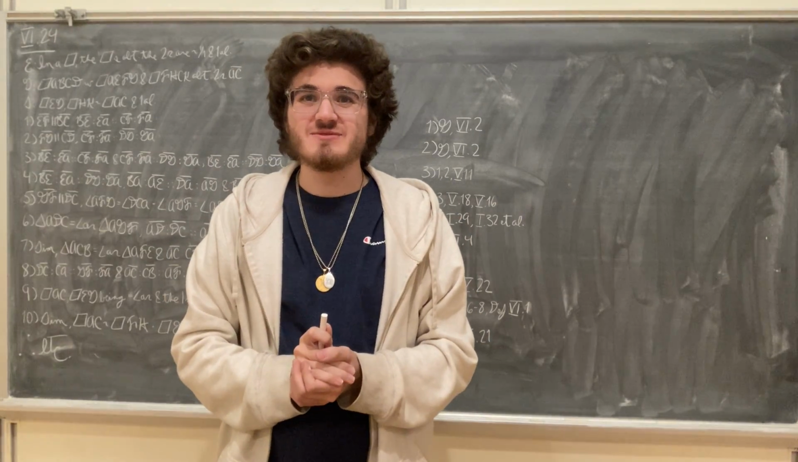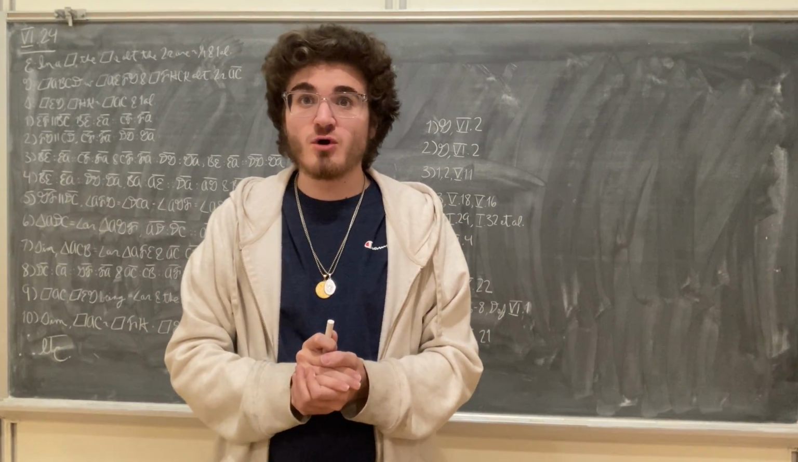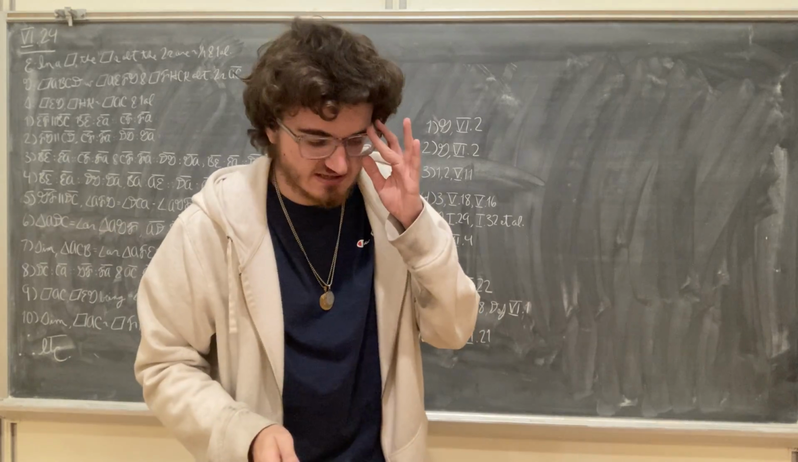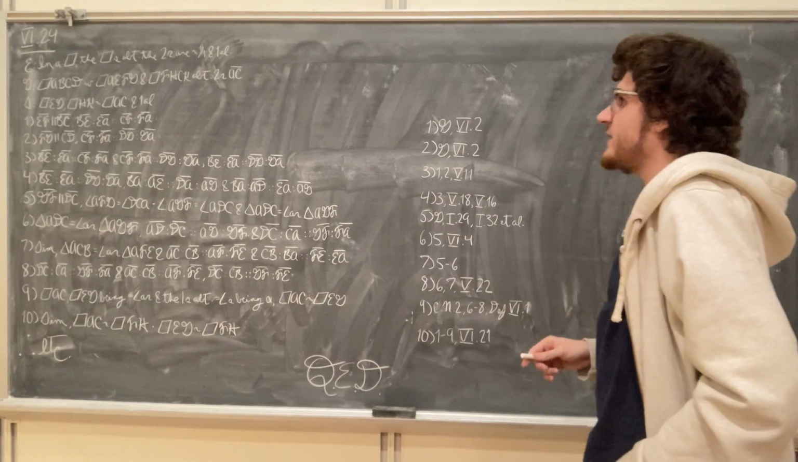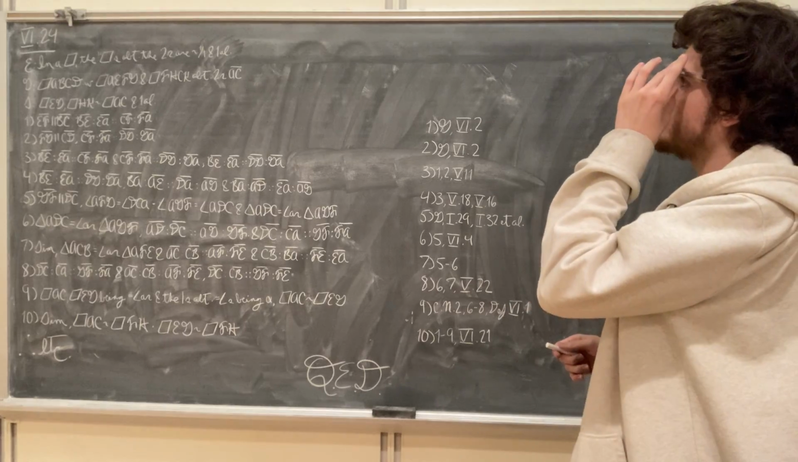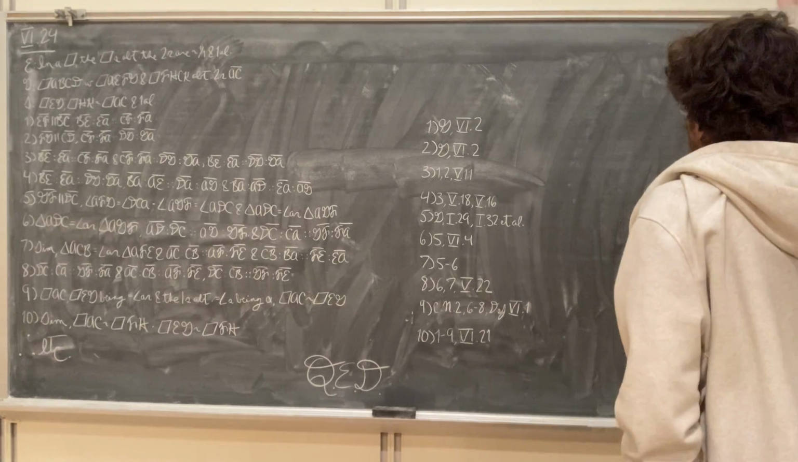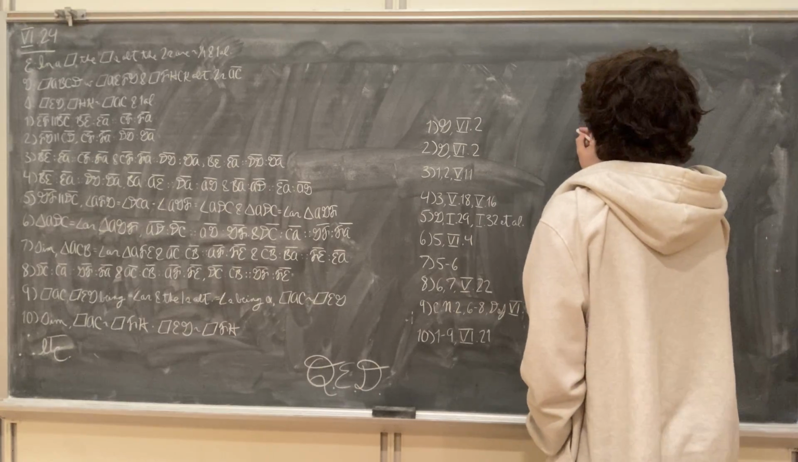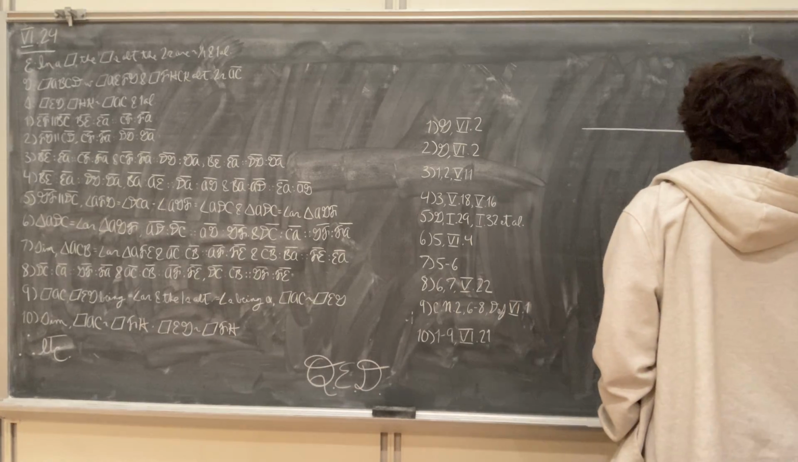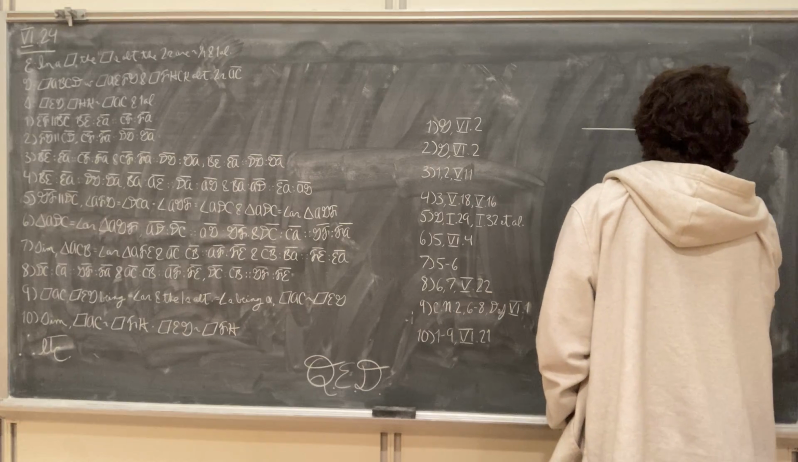Hello, this will be a demonstration of Proposition 24 from Book 6 of Euclid's Elements, which says that in a parallelogram, the parallelograms about the diameter are similar both to the whole and to one another. What this is going to look like is we're going to have the parallelogram ABCD,